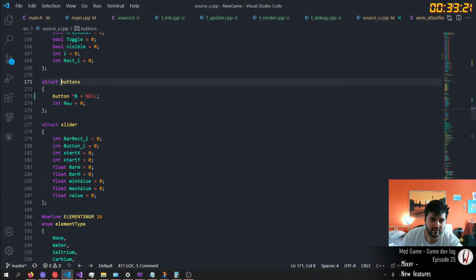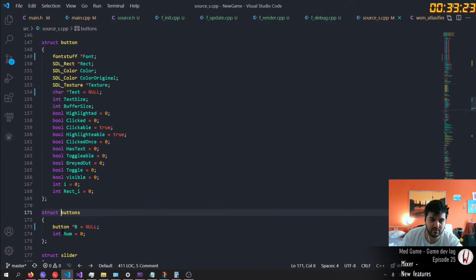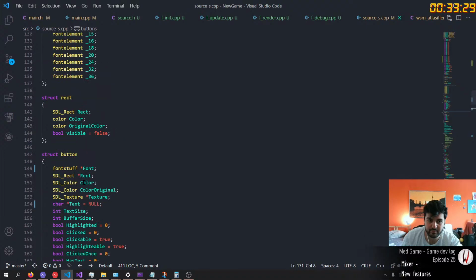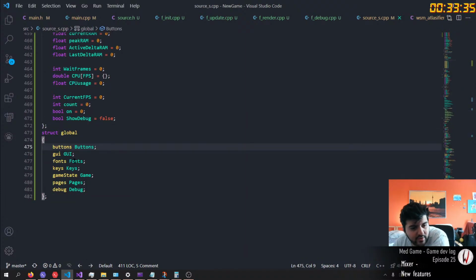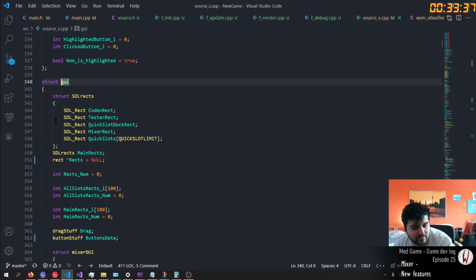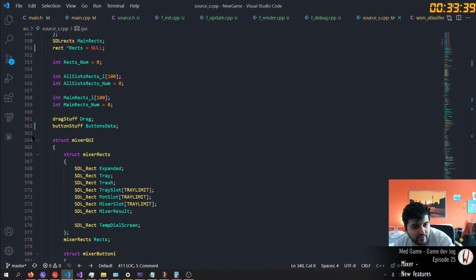But though it does not. It has pointers. Button has also pointers. Like I don't reallocate anything here, it's just pointers. When I reallocate, it shouldn't overwrite something that's already been used for other reasons.